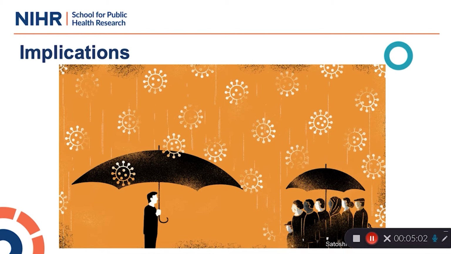So what do we perceive to be the main implications of our study? Well, despite a firm commitment to taking a social determinants approach to reducing health inequalities at a local level, our study demonstrates that efforts are thwarted by the prevalence of poverty and reduced and disjointed funding, leading to cuts to public services. There is a clear need for more joined-up policy working at a national level, which takes into consideration regional disparities, allows for flexible interpretation, and involves actors across the system to address the different and interrelated social determinants